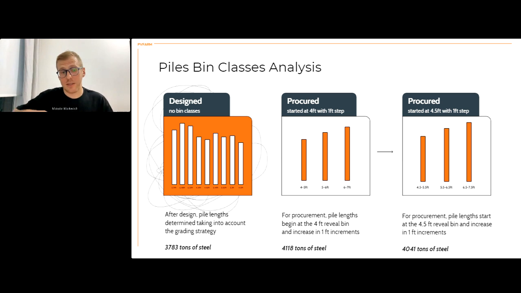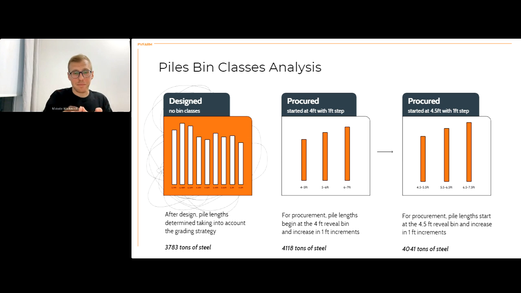So it gave us, not surprisingly, more tons of steel than we originally designed. We got 4,118 tons of steel. Then we tried a bunch of other procurement strategies. For example, in this one we started with 4.5 feet with a 1 foot step, so we got the buckets of bins like you see here on the slide. It's not always intuitive, but it actually gave us less steel. We ended up with 4,041 tons of steel. So basically,